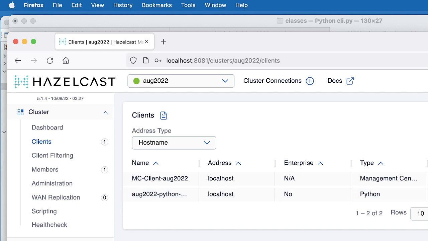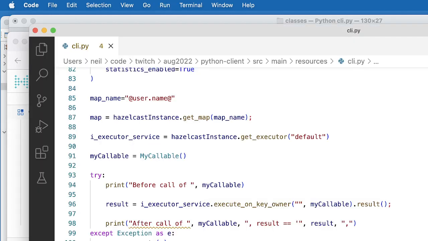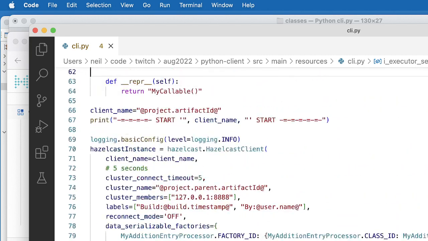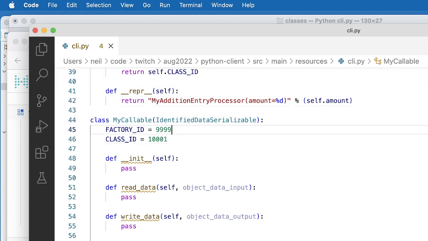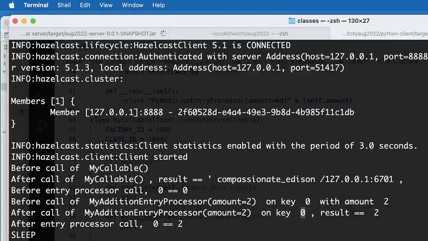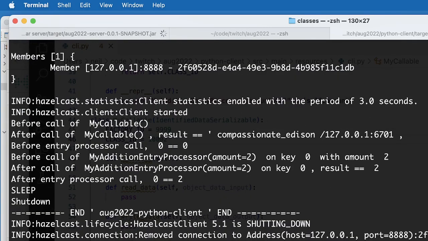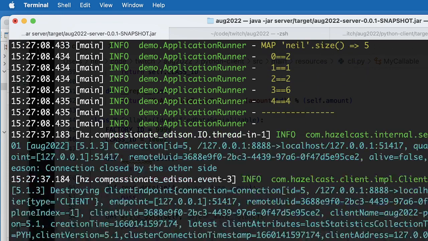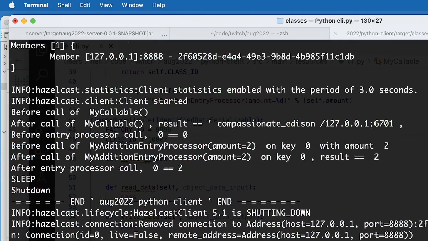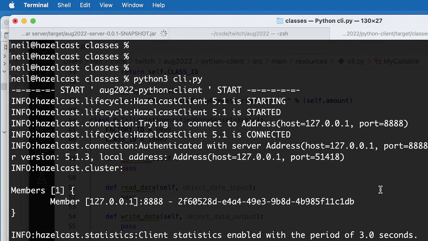So what we're going to do, just as the last part, because I thought I'd talk for about half an hour and we've got a couple of minutes left, is change the factory number that we send for the callable. So let's change it to 10,002 and see what on earth happens. If we look server side first of all, we'll see that key 0 has the value 2 because we incremented it, and key 3 still has the value 6 because the server isn't really doing anything. And I'll just run my Python processor again,